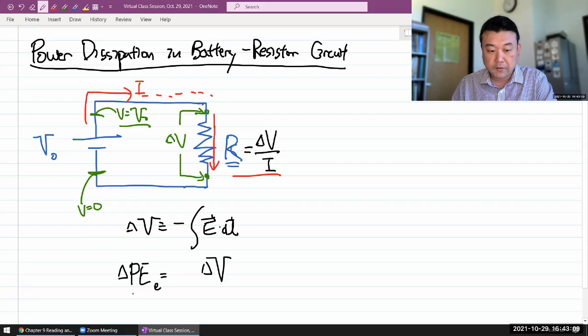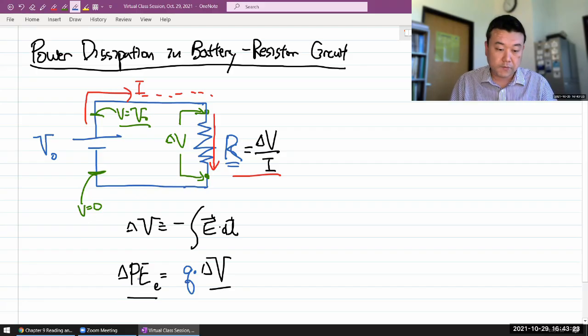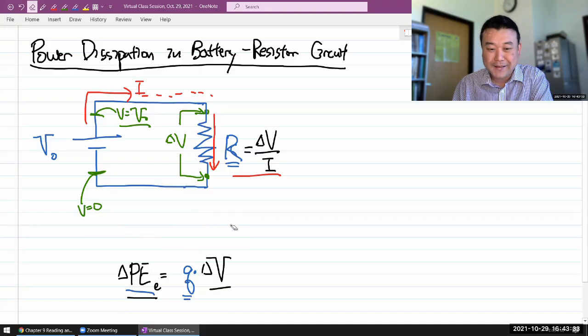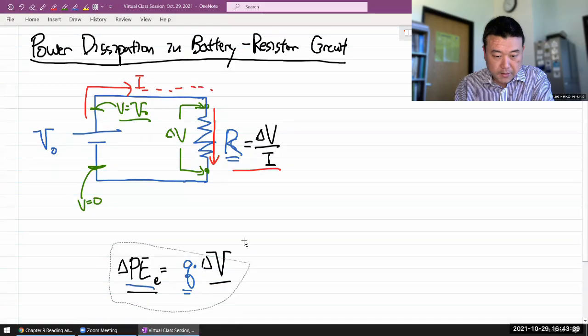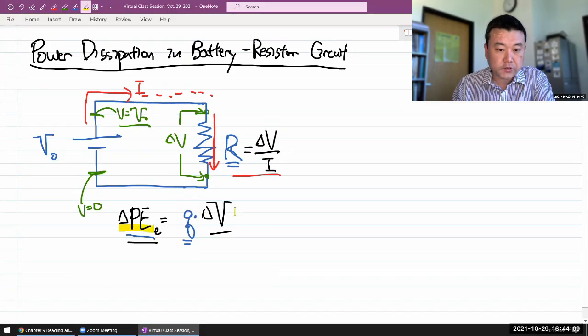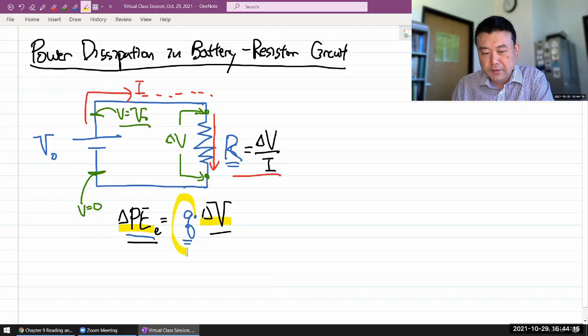voltage. To get a relationship between change in electric potential energy and voltage, all you really need is a test charge. A test charge multiplied to voltage difference would give you a change in the potential energy of that test charge. That is what I want to focus on. This fundamental definition isn't quite as meaningful right now, so let me get rid of that. So as we look at this, how change in potential energy relates to change of voltage times the test charge,